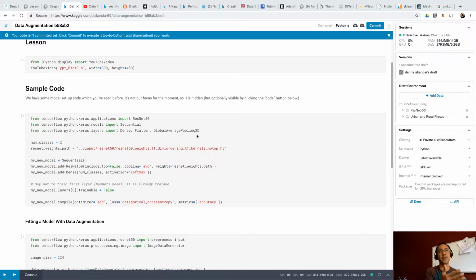Because there are many parameters. In this case, you can augment it: you can flip it, you can move it to the left, to the right, you can push it up and down, and so on and so forth. Okay,